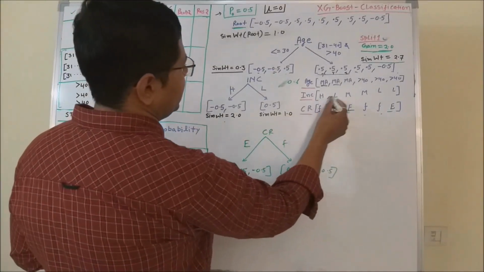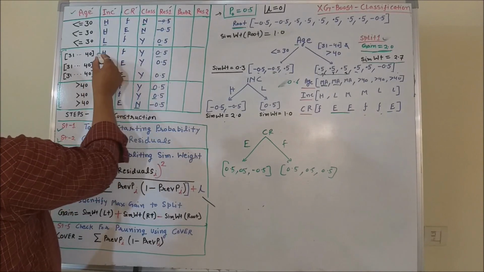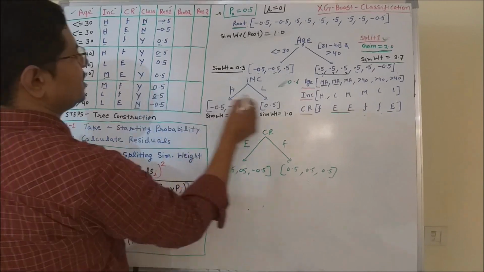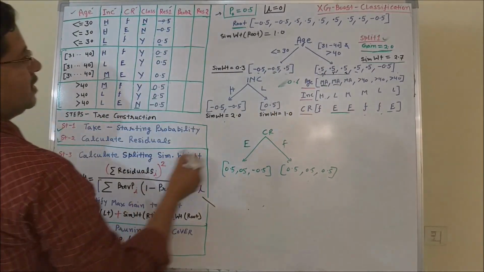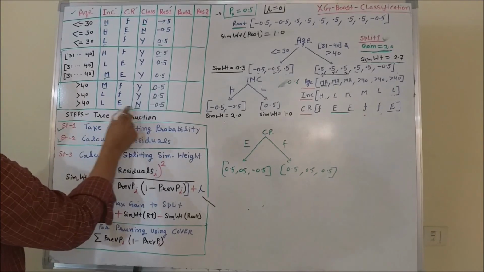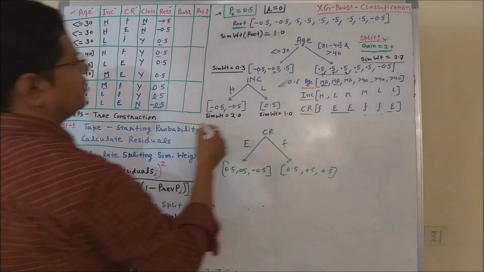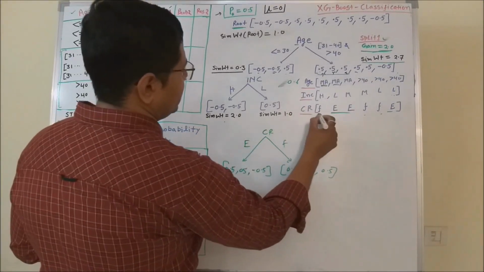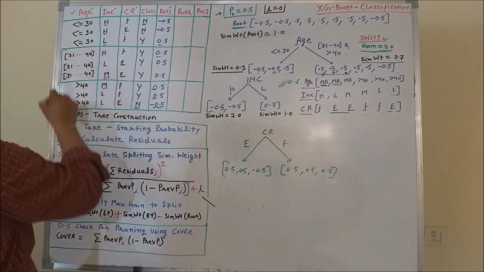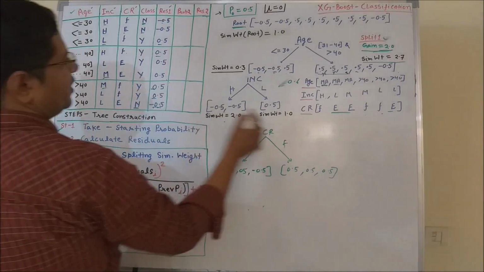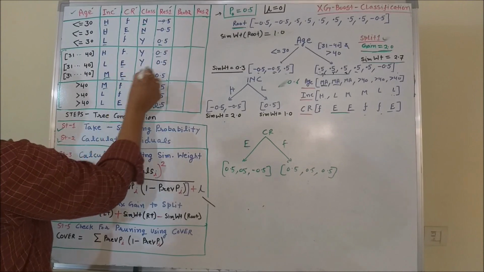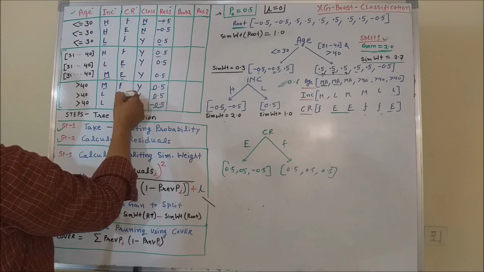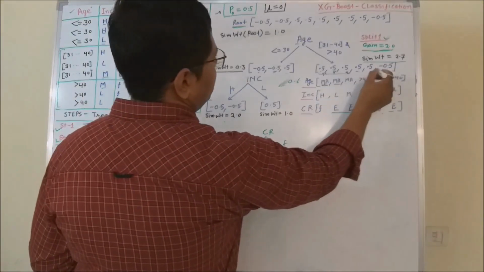Similarly, for income, high, low, medium: the first one is high, the second one is low, the third one is medium, and the last one is low, and its value is minus 0.5. So that is the kind of mapping I did. Similarly, for credit rating, the first credit rating in these two blocks is fair, 0.5, and the other two are excellent. So these two are represented like that, and similarly fair, fair and excellent in this group.